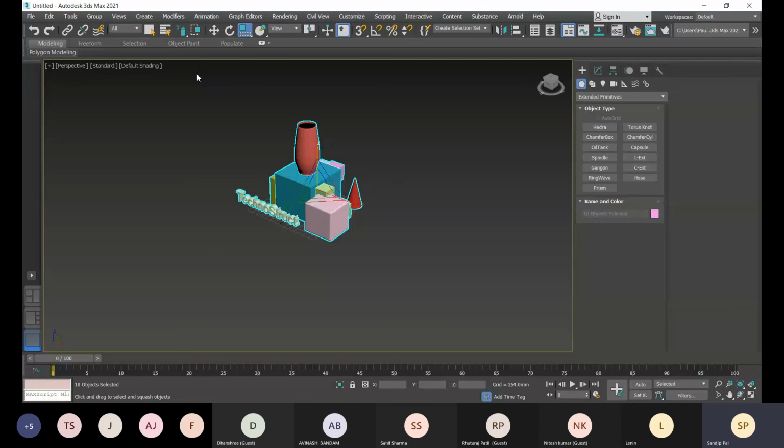Okay, all right, so this is for today. I hope you got the basic idea, and tomorrow we will cover some advanced modeling and some more features for modifying these simple objects. We can create some sofas and chairs with these standard primitives and extended primitives, combining all of this. That needs a little bit of thinking and ideas.